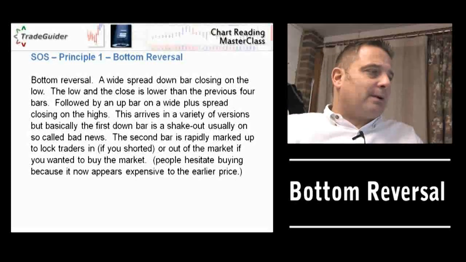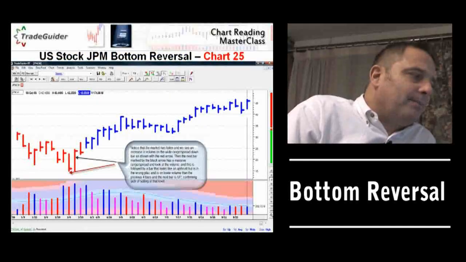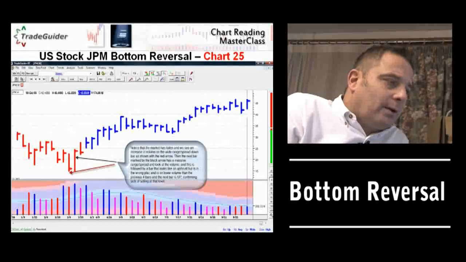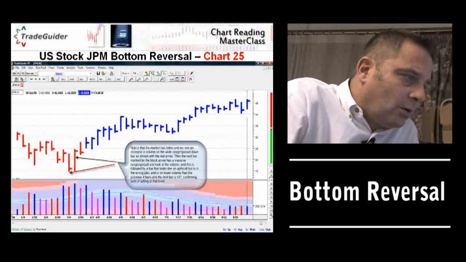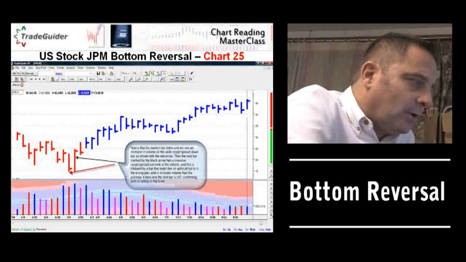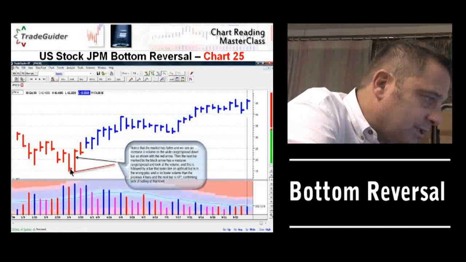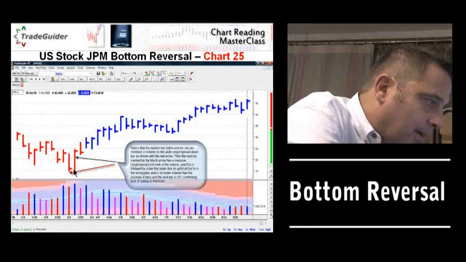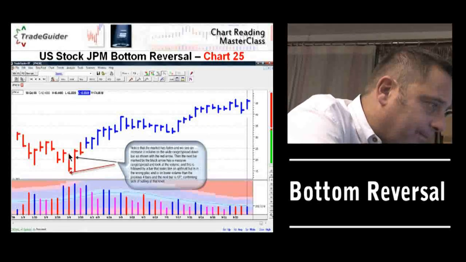So let's have a look at this. We're going to look at JP Morgan, again one we've been following. Now we see here that the market has fallen, which it had done, and we see an increase on the wide-ranging bar here. Notice this bar here, it comes down, it closes just off the low of the bar, but this bar then closes up and takes out the bar behind it.